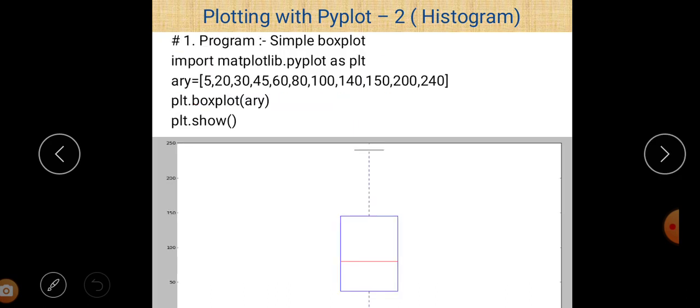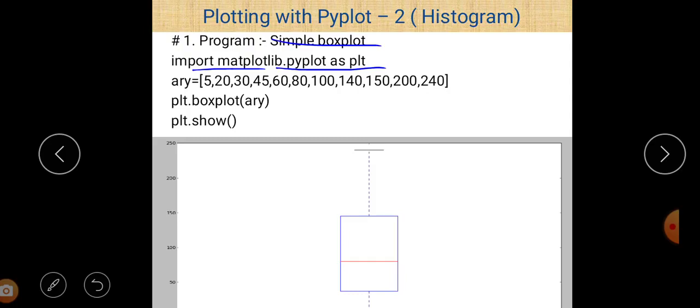So there is a simple program here. You can easily see a simple box plot. First of all, import matplotlib.pyplot as plt. Matplotlib is a library, pyplot is an interface, a collection of different methods, and we give it the alternate name plt. So wherever we want to use matplotlib.pyplot, we just write plt in that place. After that, put the dot operator sign, and then put any method belonging to that pyplot.